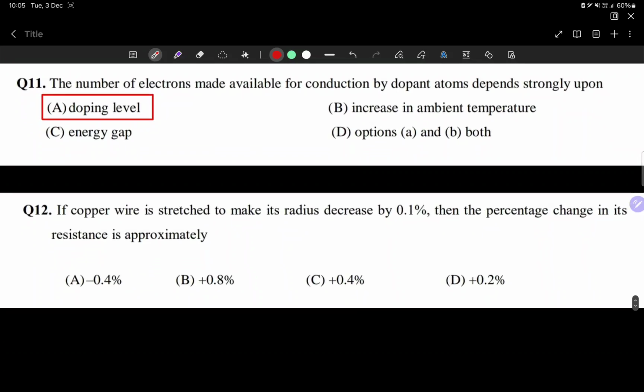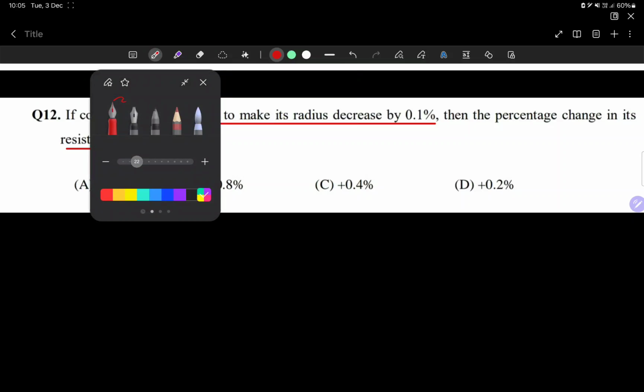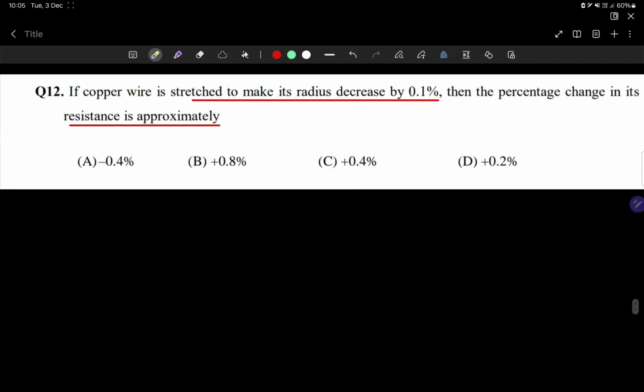Then question number 12. You see, question number 12 is from the chapter electricity. If a copper wire is stretched to make its radius decrease by 0.1%, then the percentage change in its resistance is approximately dash. Okay, so we have to solve this question in a detailed manner. So the percentage decrease of radius is given to us. We know